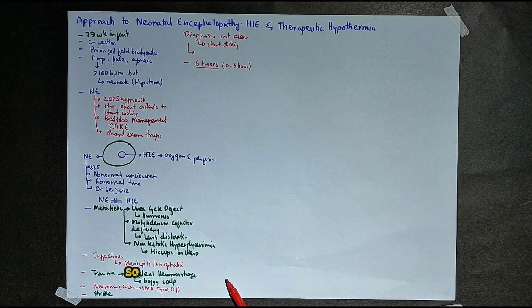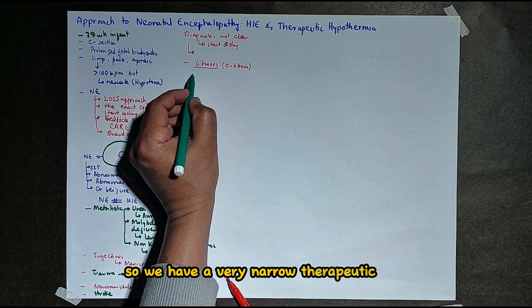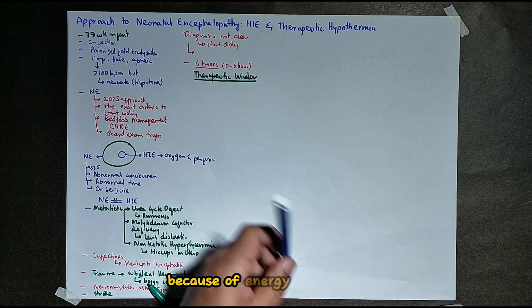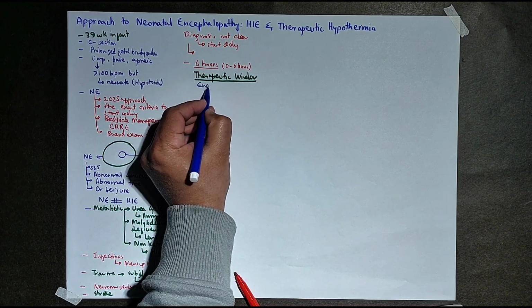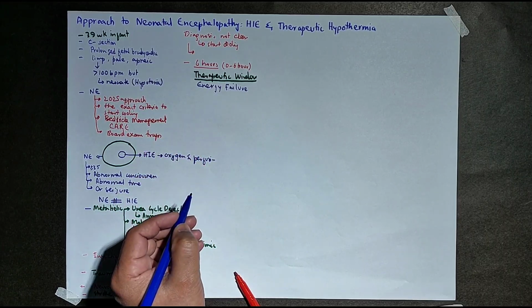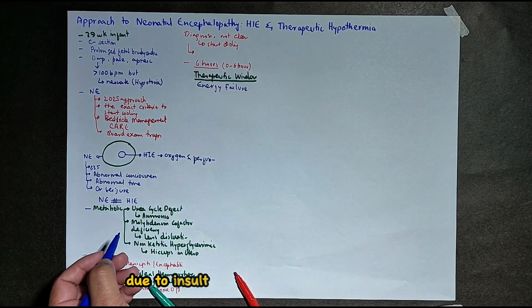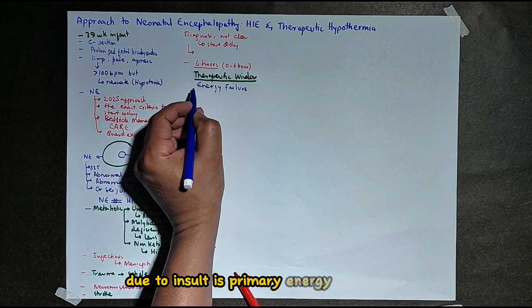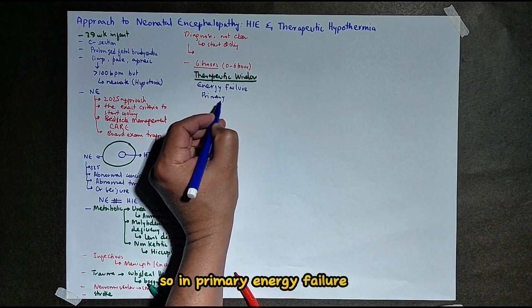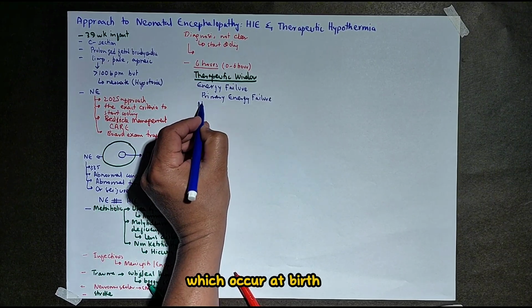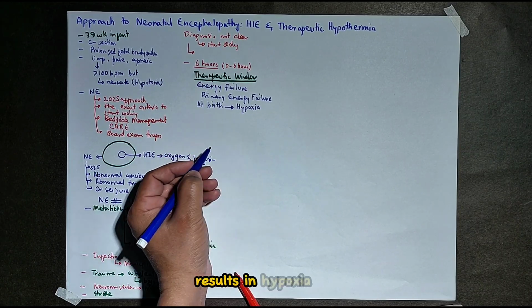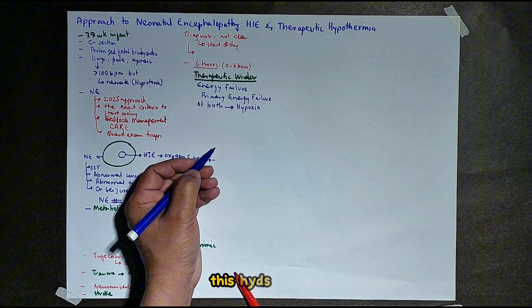So we have a very narrow therapeutic window for cooling because of energy failure. Energy failure is of two types. The first one, which is due to the insult, is primary energy failure. In primary energy failure, which occurs at birth, any insult which results in hypoxia